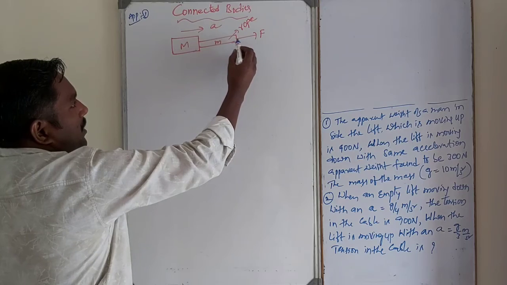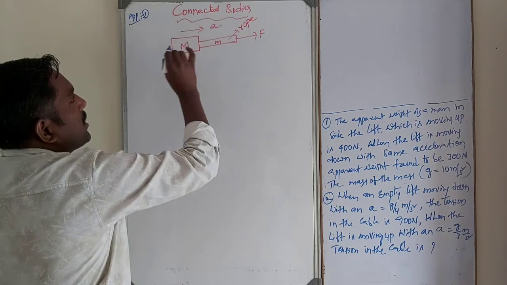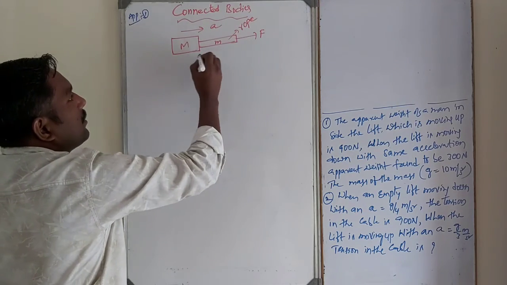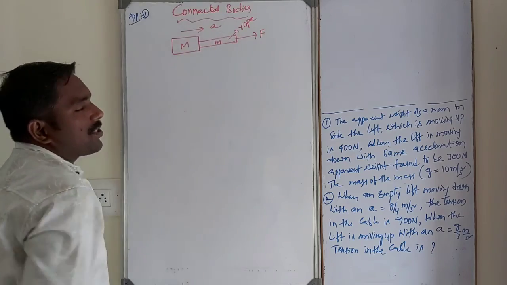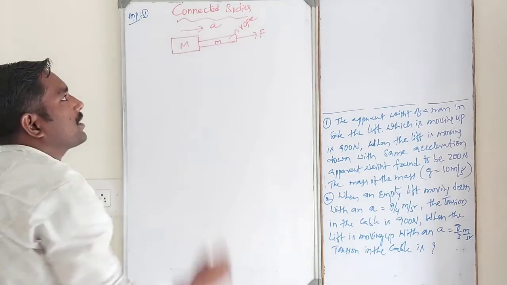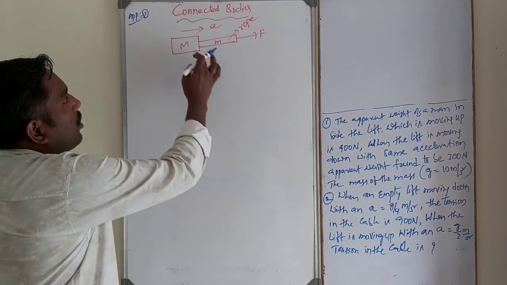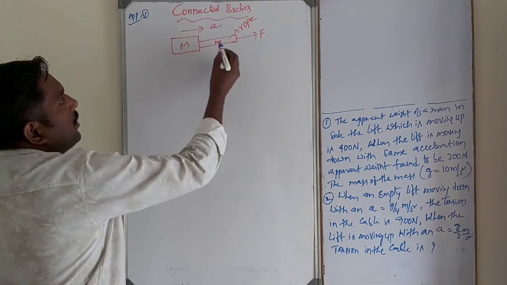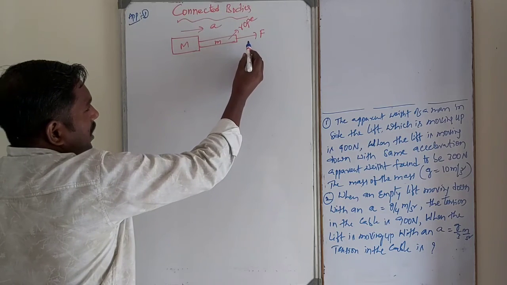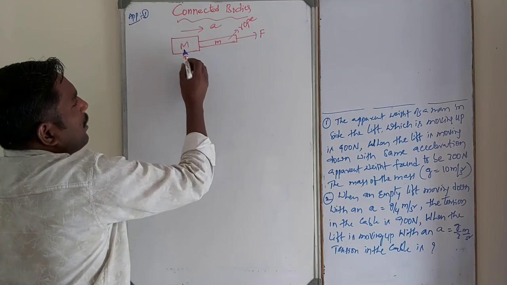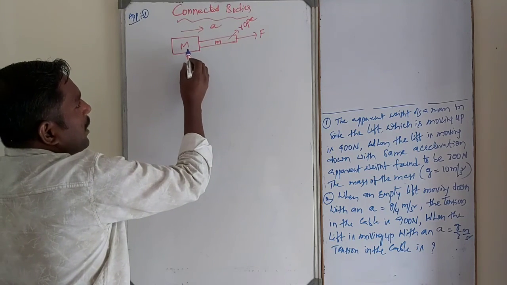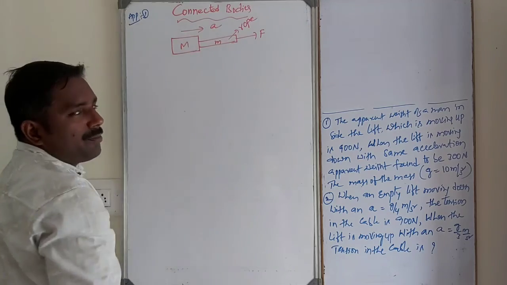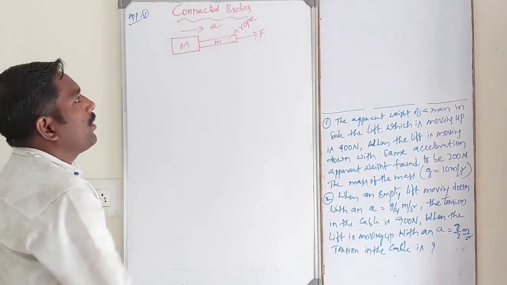So some axial force will be applied on the rope. The system will be moving in this way. This is the acceleration. A is the acceleration of the body, the total acceleration of the system. So a horizontal force is applied on the mass of the body, capital M, by using a rope.